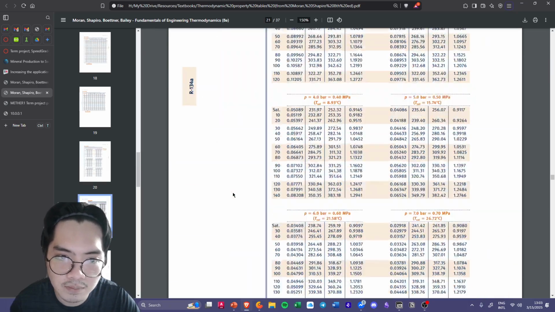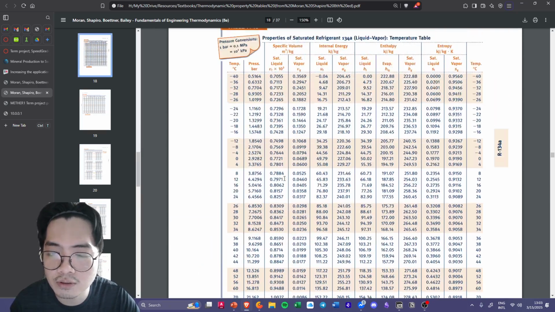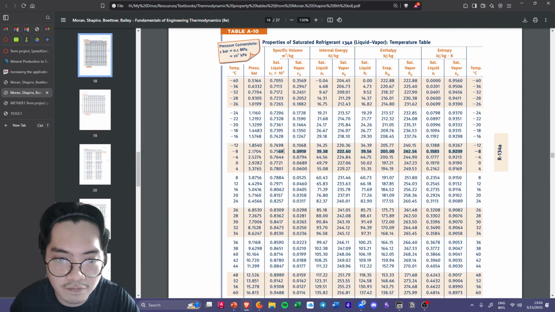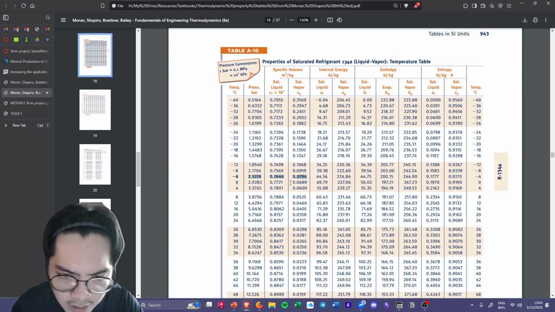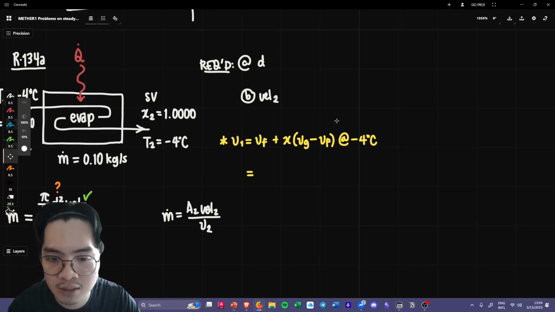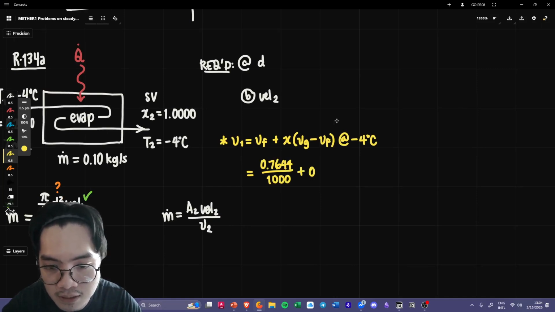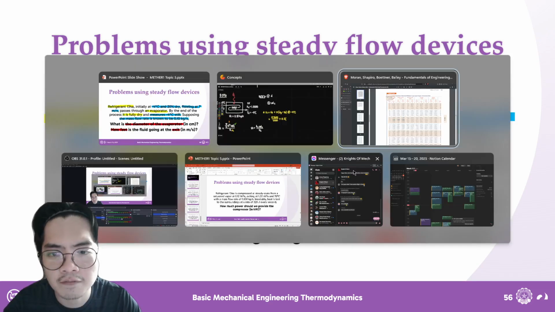R134a. It's probably here. Is this R13? There you go. And now we go to the temperature table. We have negative 4, and we're just looking at Vf and Vg. 0.7644 divided by 1,000 plus 0.2 times Vg is